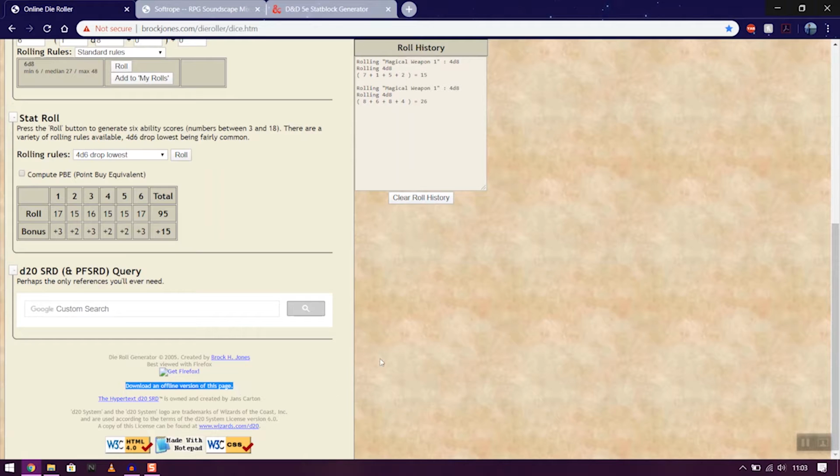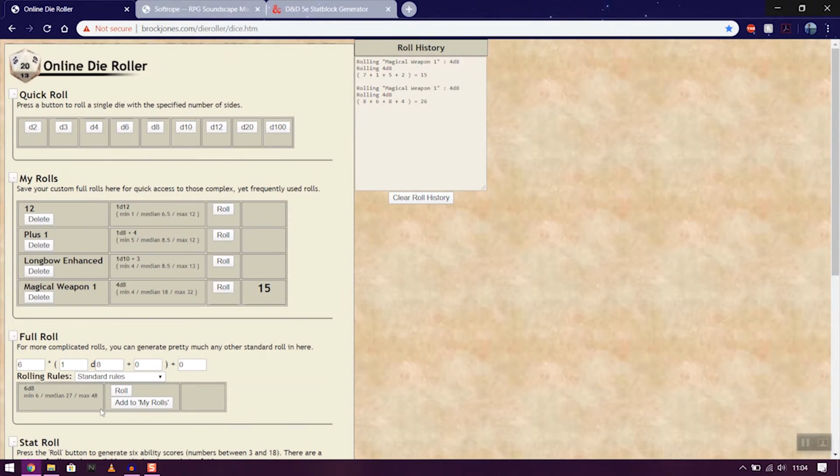It's good for when you're running a game, you can use it as a dice rolling system if you want. But where it really shines for me anyway is where you use it to figure out new items, new powers, new abilities, and see the potential of dice rolls. Because some people, with a much better grasp of mathematics than I have, will probably be able to figure that out themselves. But I find it really useful to just use this site to look at